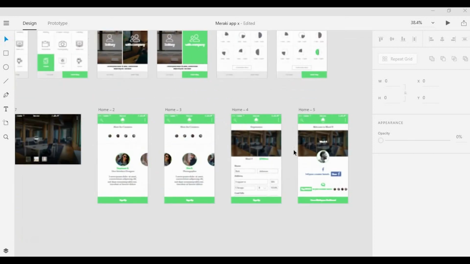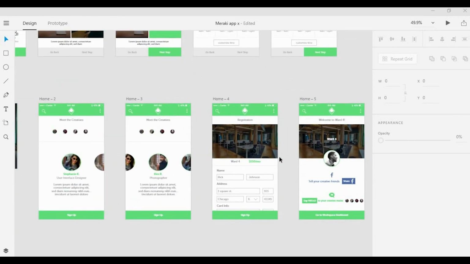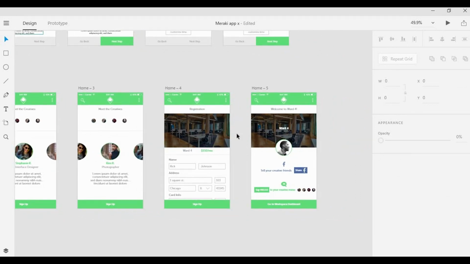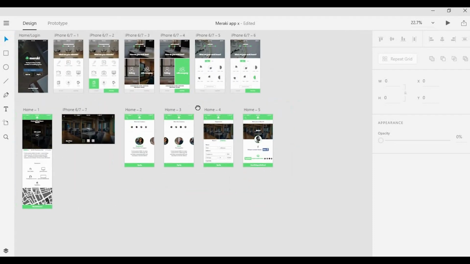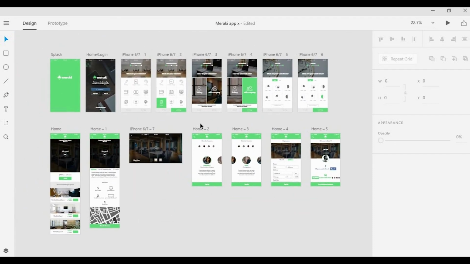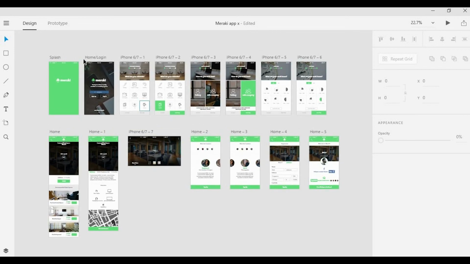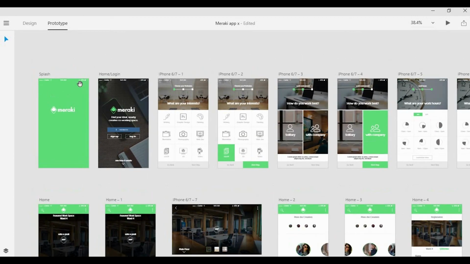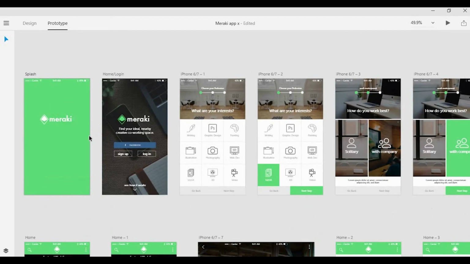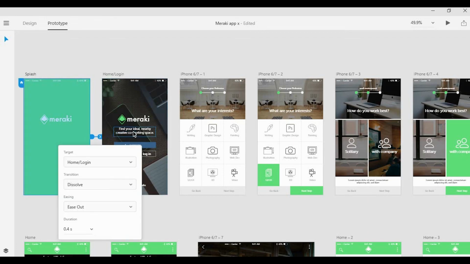Alright, so we just completed the sign-in form, as well as the post sign-up share screen. So that's gonna do it for all of the pages here. So next we're gonna move on to the prototyping, and what we're gonna do is just link together all of these pages. So starting from the splash screen here, I'm gonna drag this over,